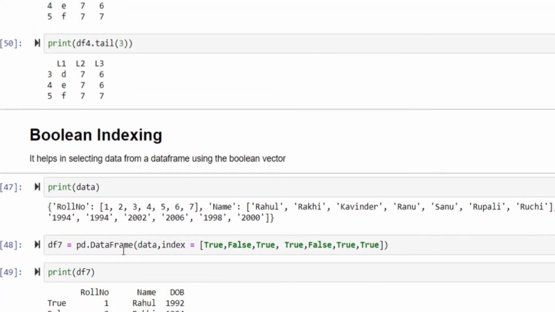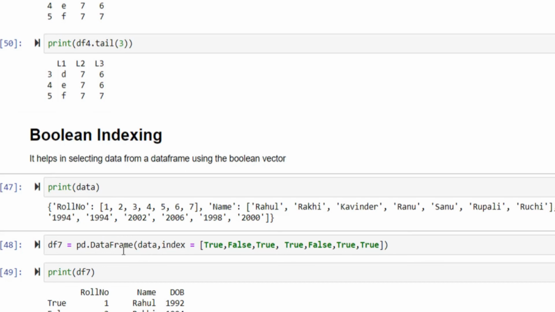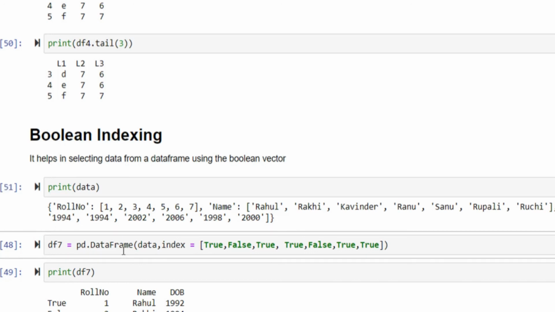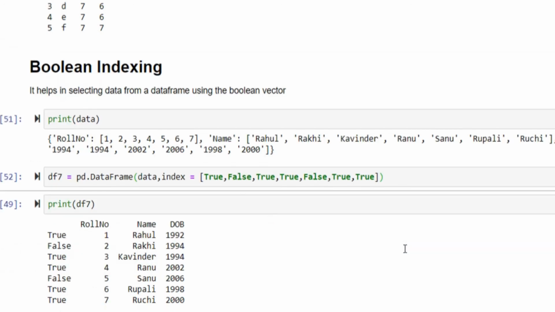Now Boolean indexing. In Boolean indexing, we are assigning Boolean values as the index to particular rows in the data frame. So let's see what is there in the data. Now I want to create a data frame using this data, pd.DataFrame. For the index I am passing Boolean values equal in number to the rows, so that I can assign each row a separate Boolean value.